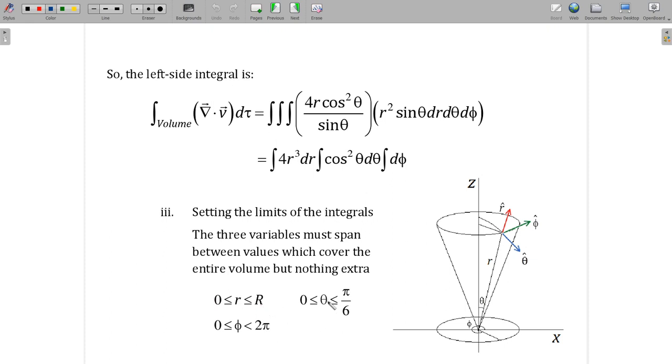So for particular values of theta, let's say for theta equal to pi by 6, R can go from 0 to capital R, but for theta equal to, let's say, 0, R can only go up to capital R times cos pi by 6, right, which is the distance of this point